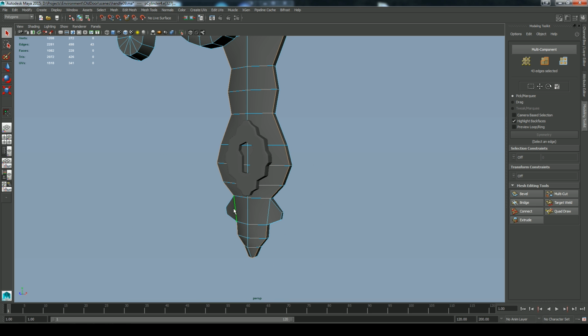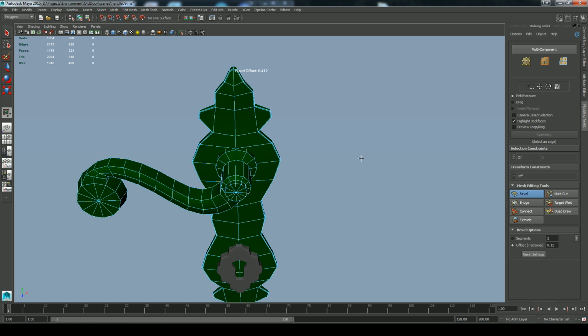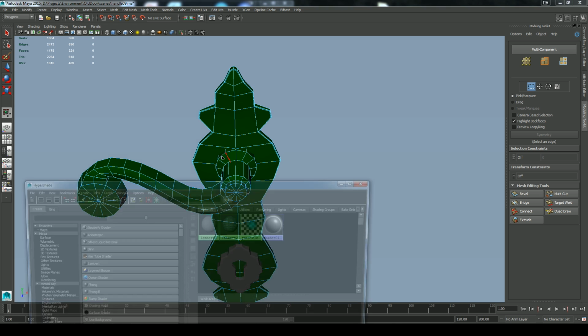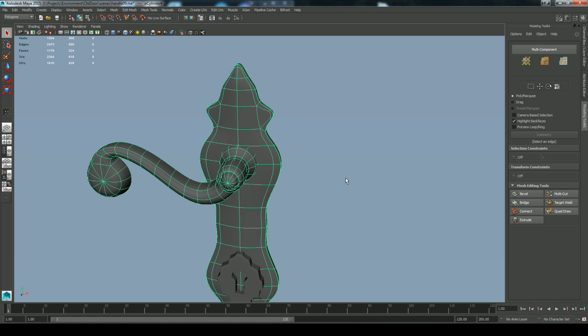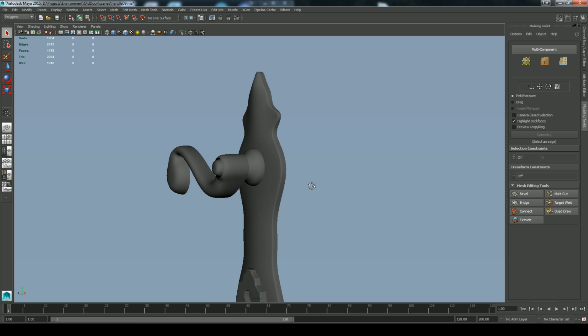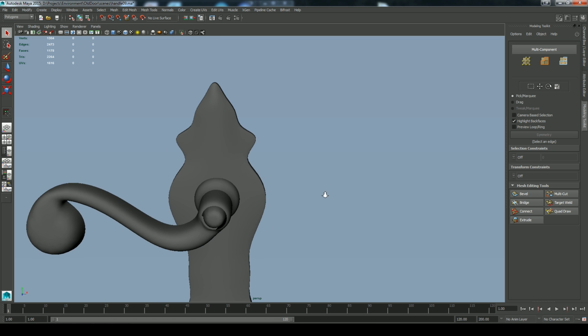So I'm just double checking I've got all of the edges that I want selected correctly. And clicking on bevel, once again just applying my Lambert. If it goes green, it's just a bug, not a problem. And now 3 to smooth preview, and you can see the result. It's looking fairly clean. We're getting nice smooth edges, though parts of this model need